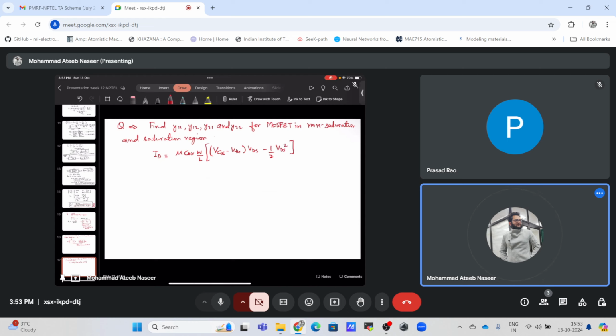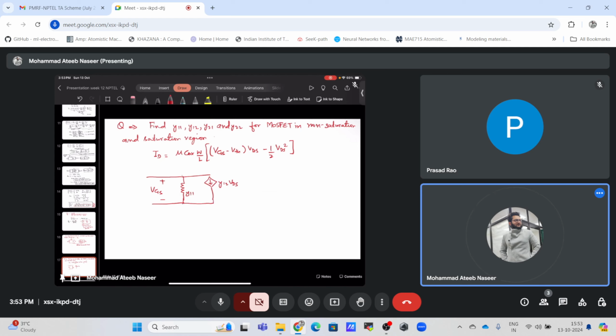Okay, so let's first draw the small signal model. So this is VGS, this is Y11, this is Y12 VDS,